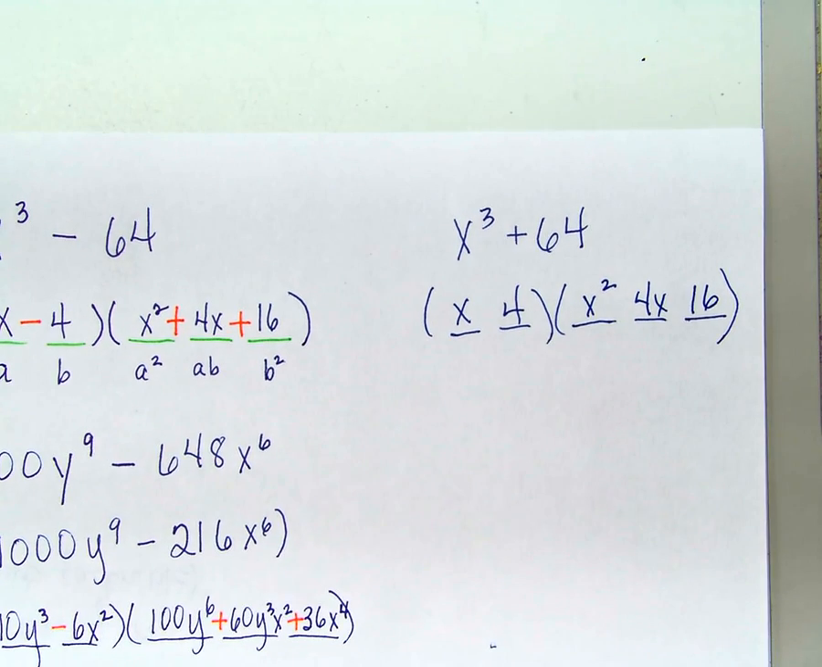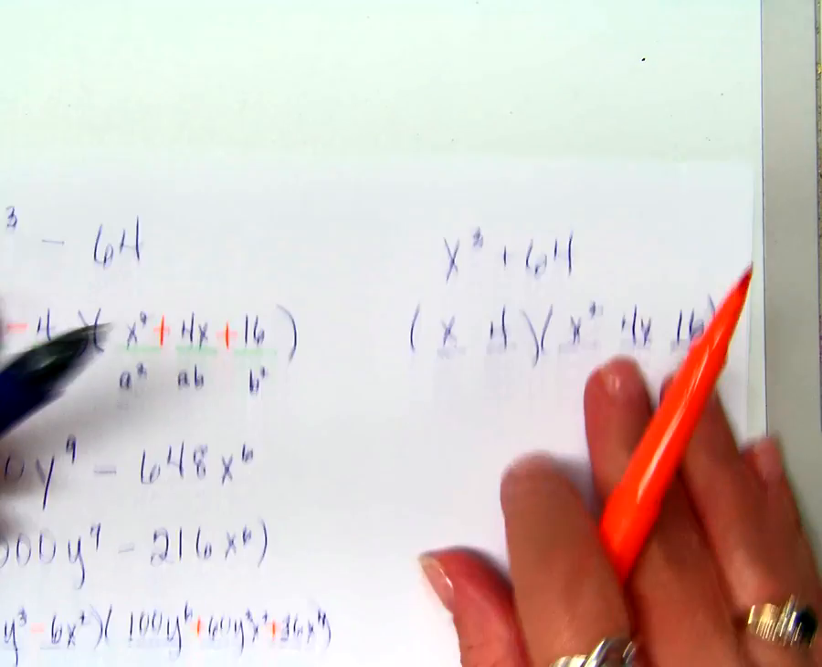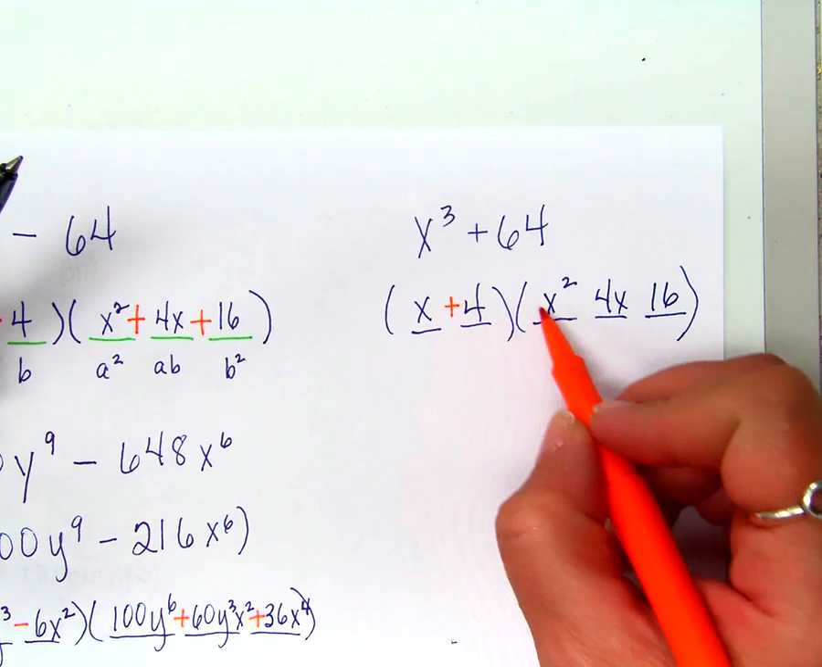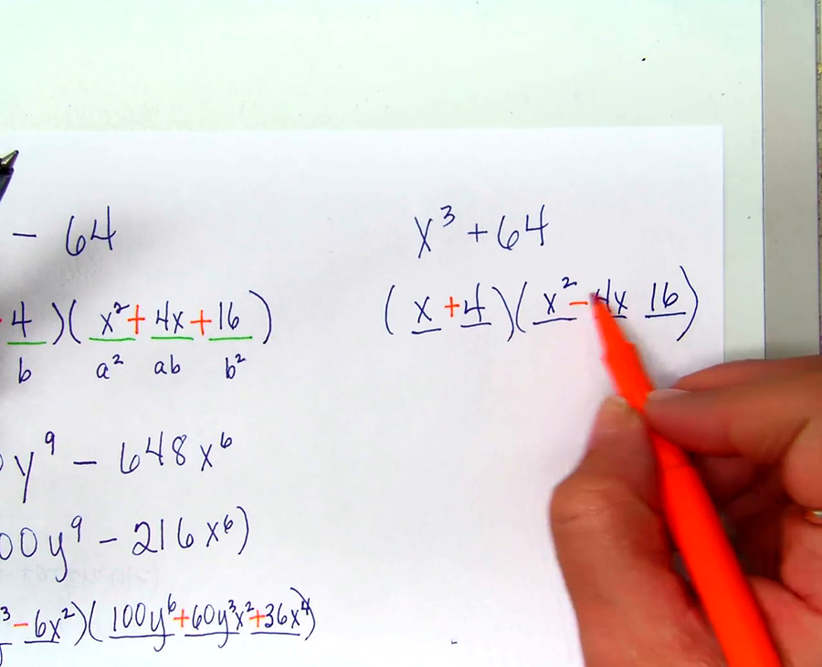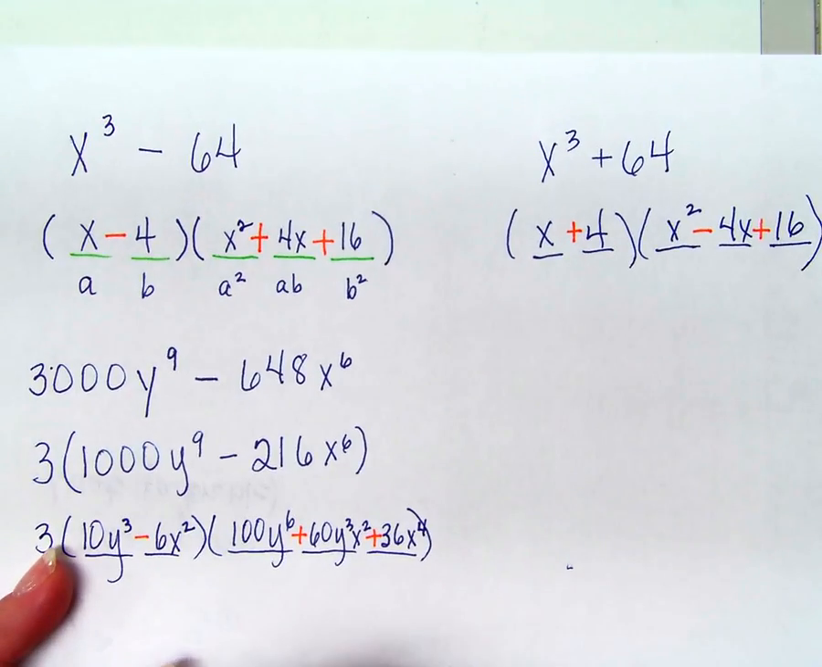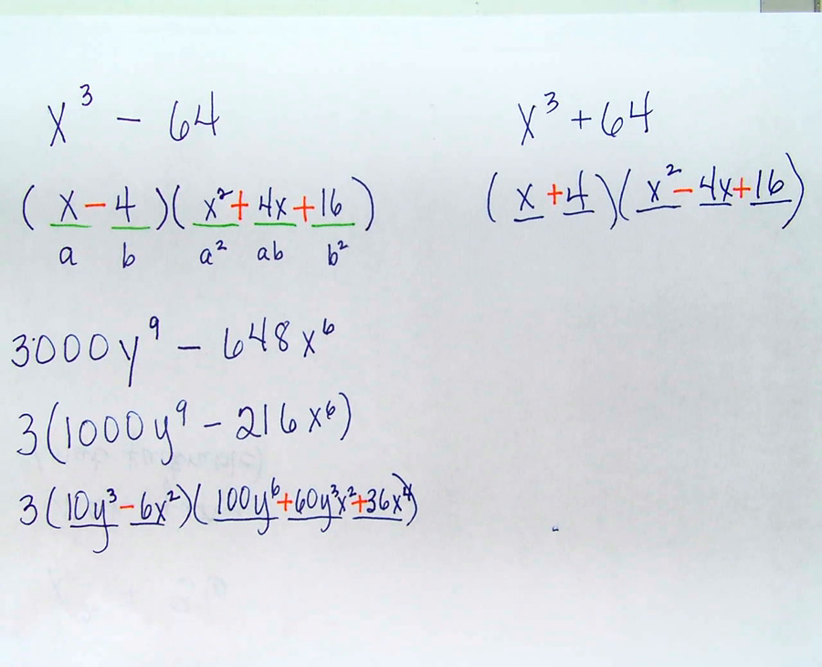What is the pattern of the signs? What was in the problem? It goes here. What's the next one? Opposite of that. And what's the last one? Always positive. So why can you do this one but you couldn't do the other one? Because